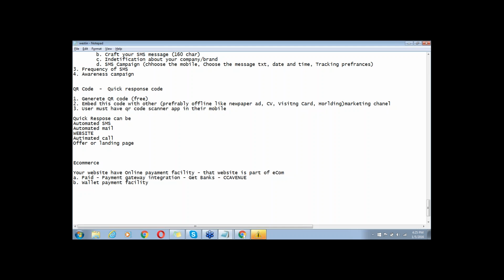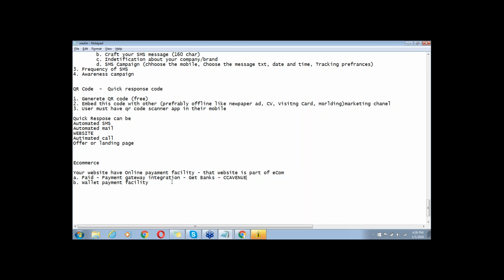And in payment gateway, you also have to maintain a minimum transaction amount, like approx 2 lakh rupees per month transaction must happen on that payment gateway. If that amount is less than 2 lakhs, you may have to pay monthly rental. And if that amount is more than 2 lakhs, then you have to pay a certain percentage as a commission to the payment gateway. Might be 1%, 2%, 3%. It varies from bank to bank, but you are also sharing some rental with that payment gateway provider, right?